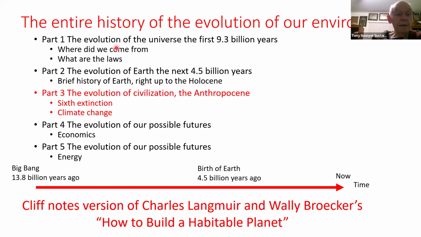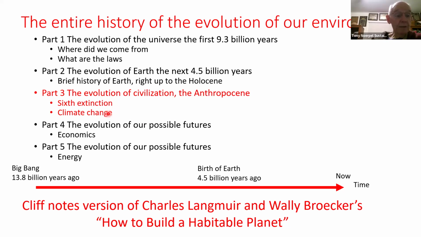So we did the evolution of the universe. It's the first 9 billion years, 9.3 billion years. Then we talked about the evolution of Earth, or actually the solar system. Next 4.5 billion years, we didn't get quite to the Holocene. We got to the extinction of the dinosaurs. And part 3 is the evolution of civilization. And this carries on the story from the evolution of the dinosaurs. It's the evolution of civilization, how civilization came to be, and in the end, we have to conclude with the